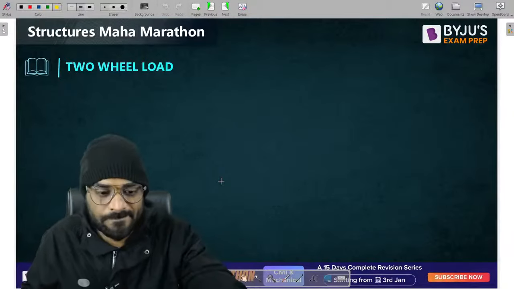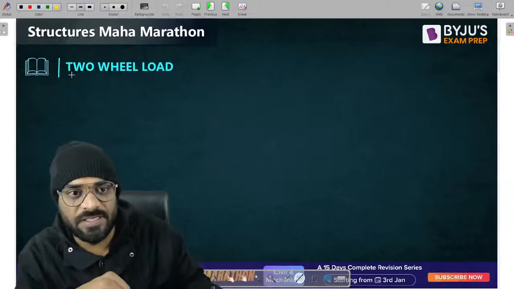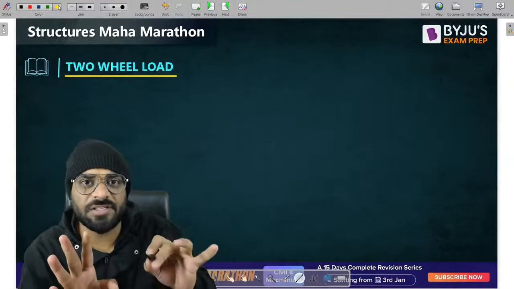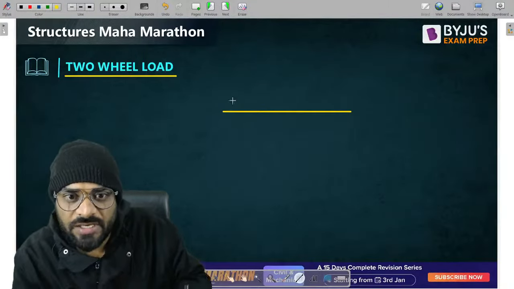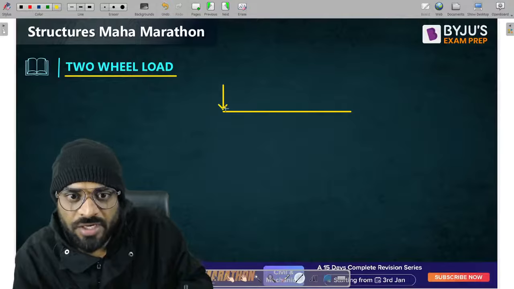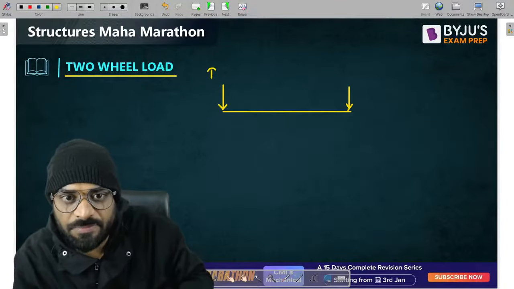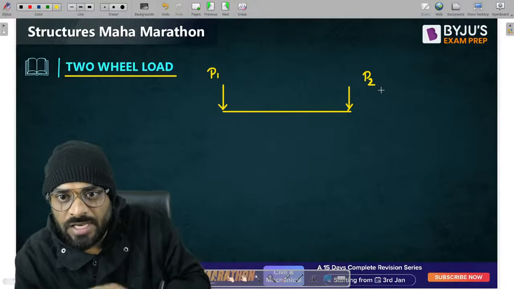Okay. Now guys, the next thing which we have to discuss is basically the two-wheel load system. Now in the two-wheel load system, which particular case is most important that we are discussing? Guys, they usually ask to find out the absolute maximum bending moment. So let us suppose this is our P1 load, this one is P2 load, and let us consider